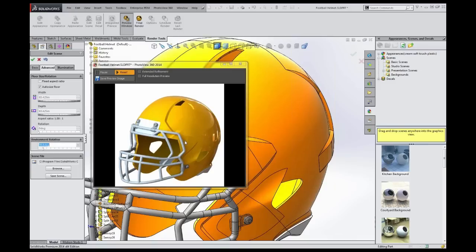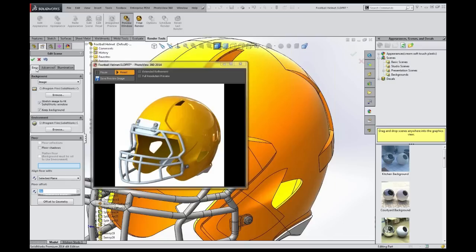Too often, scenes are skipped over really quickly just because the incorrect environment rotation was used for the geometry that you're working with. So give a scene a little bit more of a shot by applying it and then rotating it a bit. You can completely change where the bright spots are, where the shadows are with that simple slider bar. The other thing too is if you find yourself always having to rotate a scene, then you can go